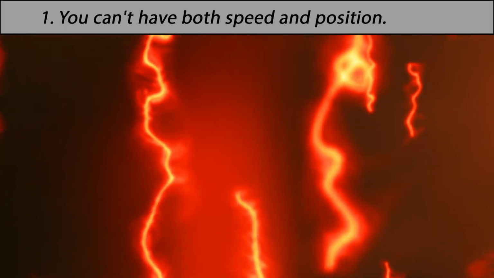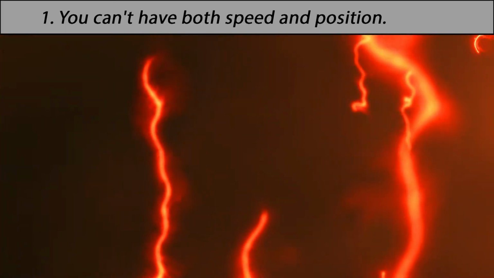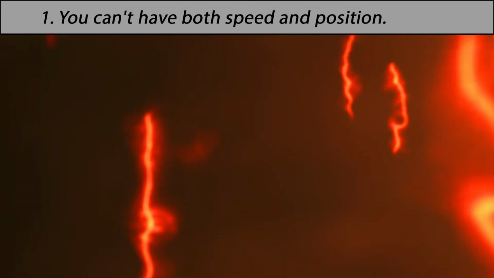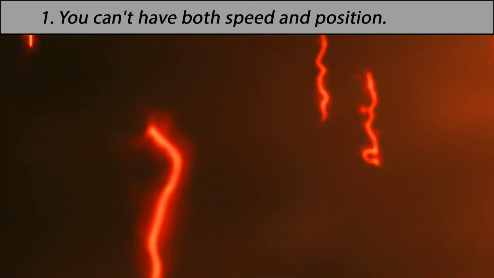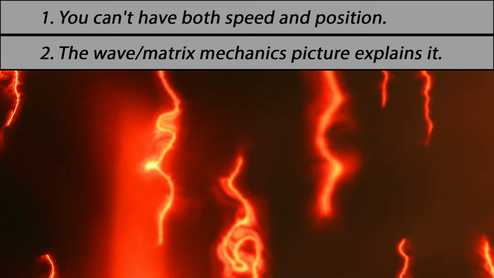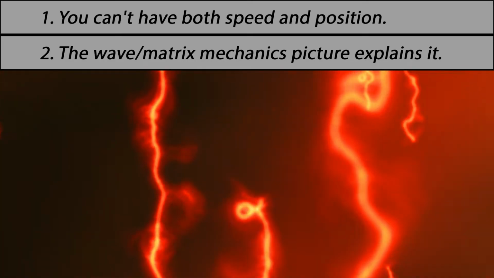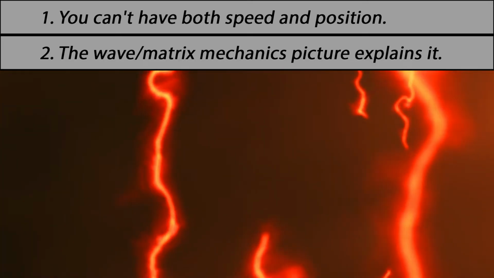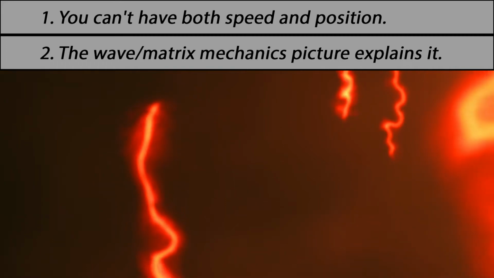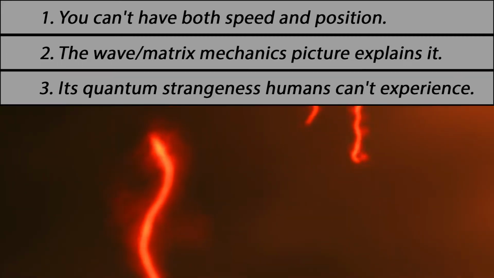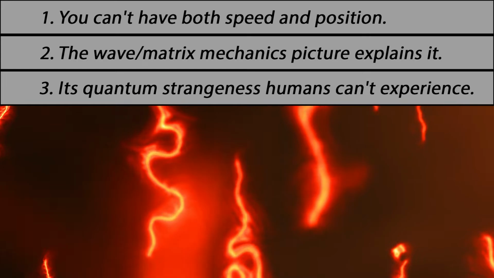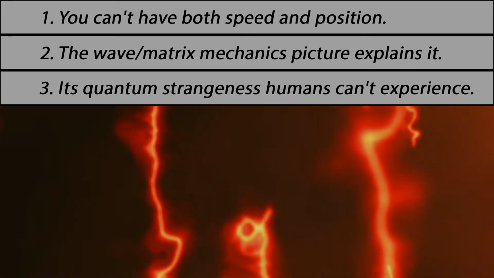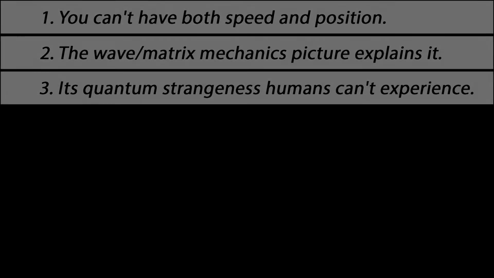Quantum physics offered different explanations for the uncertainty principle, the wave and matrix mechanics picture. Finally, everyone says that it is indiscernible on the macroscopic scales that humans experience. In other words, humans cannot see this effect. So here's our list. Let's look at the uncertainty principle in the macro-human world, which is not supposed to be